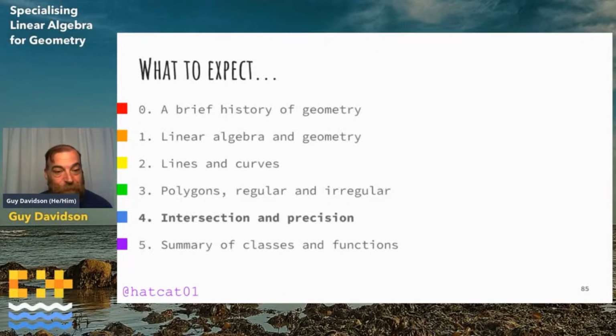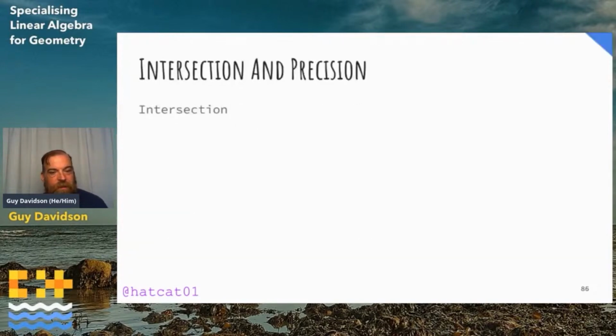I'm seeing none. So I just want to take a quick diversion into the most knotty topic in computational analytic geometry, and that's intersection. 2 lines intersect if they cross over. 2 polygons intersect if they overlap. But we need to be a little more rigorous than that. Recall that a line is a set of points, so 2 lines intersect if there is a point that is common to both sets. Let's revisit 2 lines.